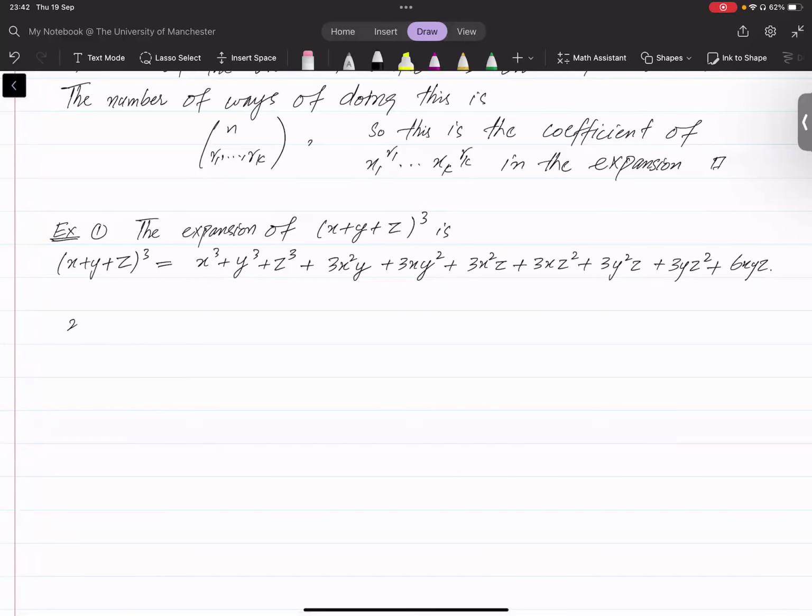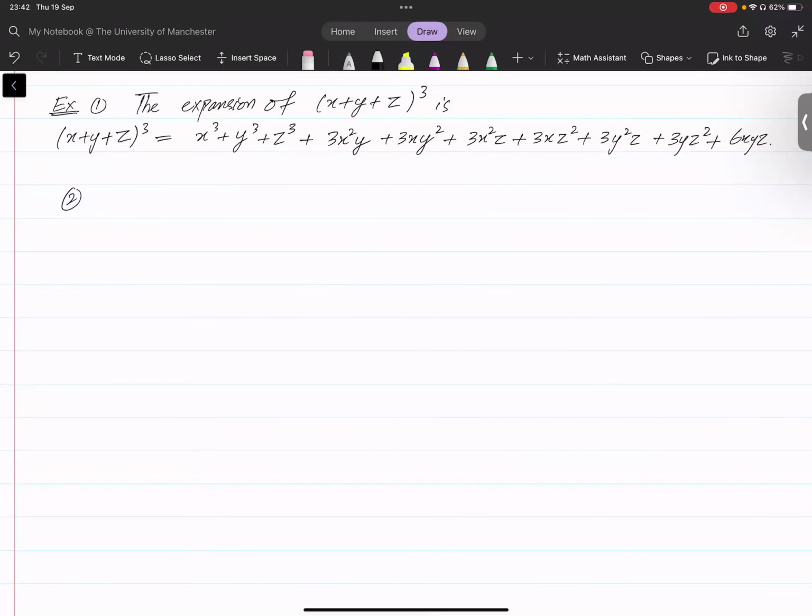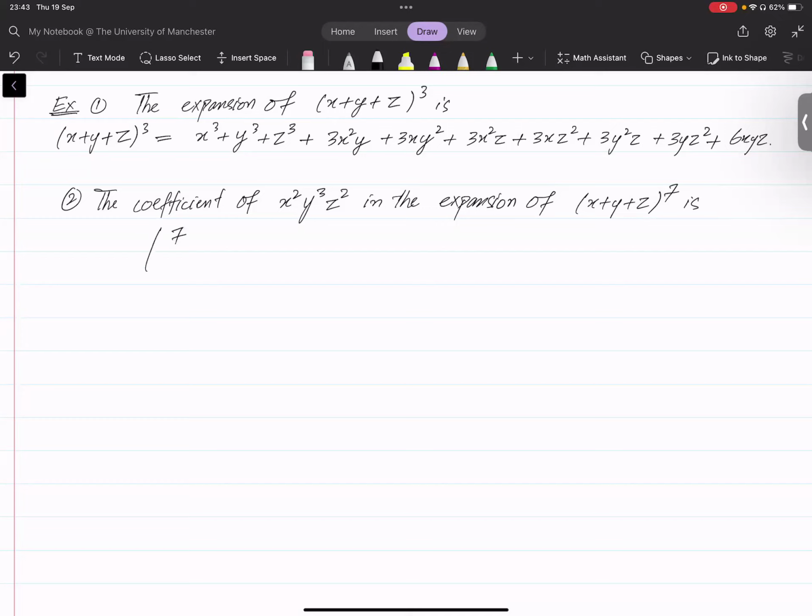perfect. Number 2 is the coefficient of x square y cube z square in the expansion of (x plus y plus z) power 7, which is nothing but 7 choose 2, 3, 2, and that is 7 factorial over 2 factorial, 3 factorial, 2 factorial, which equals 210. Okay,